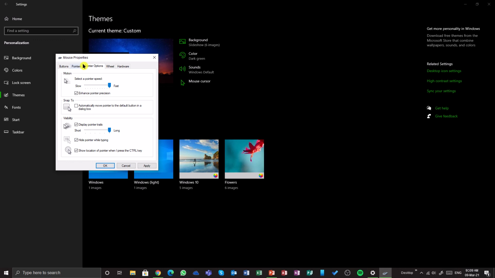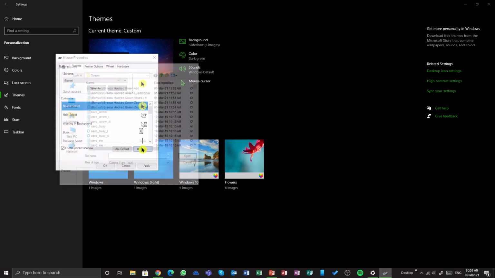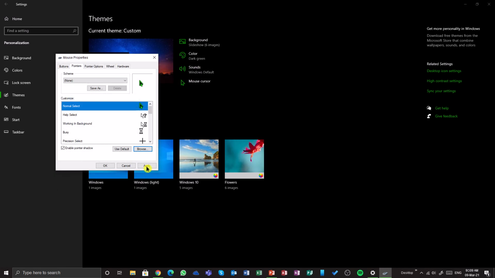So I don't need to change anything in this tab. Now the one I like is I have already installed it. I'll show you. It's here. One minute. I'll just read normal. I click on open and apply. So it looks good. So same like this we have for everything here. I have already installed it. I'll just apply it by clicking on browse,